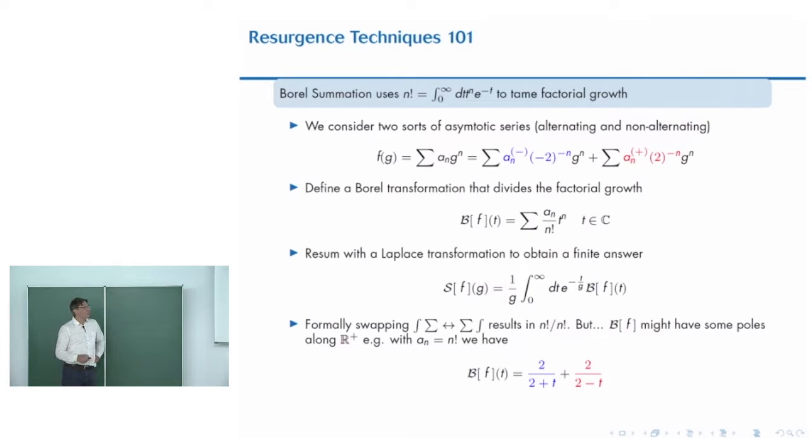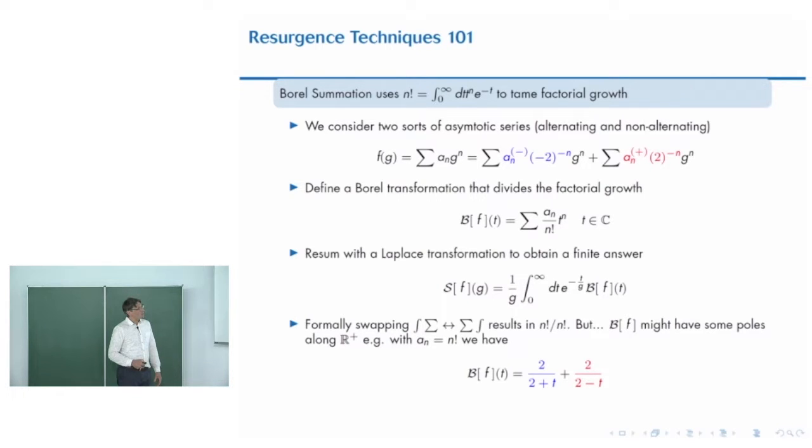So roughly speaking, what are we doing? We've divided by m factorial, but we're putting m factorial back in as an integral, and we're swapping the order of summation and integration. That's the black magic there. And this is fantastic. This works. This can give you a finite answer. But, and there's a big but here, and this is where all the interesting stuff happens, this integral here needs to be well defined. In particular, what do you do if the integrand has some cut or pole along the integration contour? And this example illustrates that.